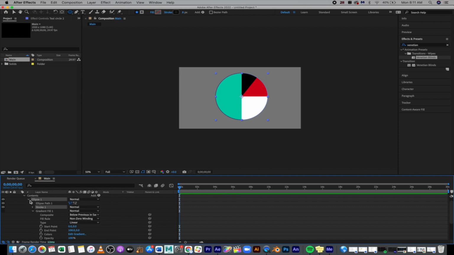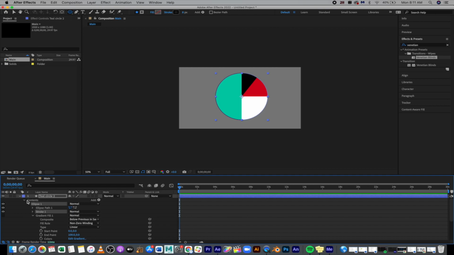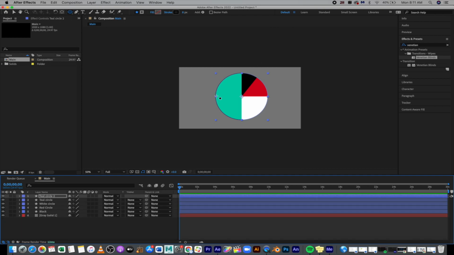So this one creates the illusion of a stroke on that teal line, but what really is going on is we're going to call this one stroke animate,